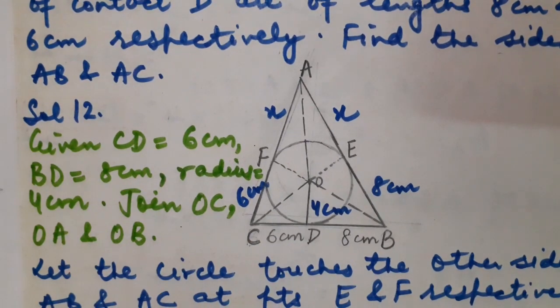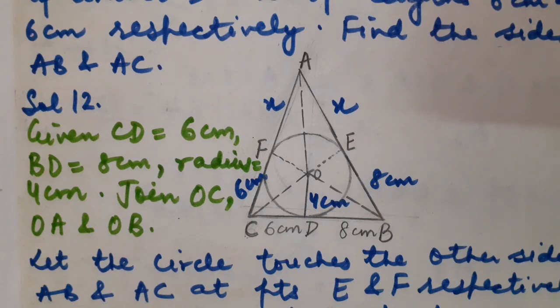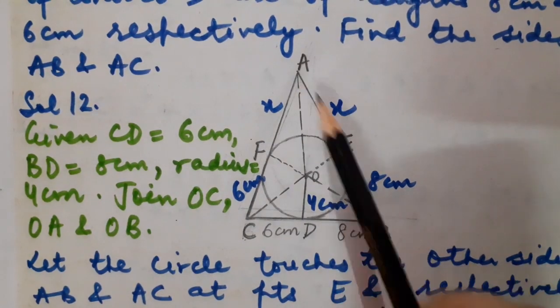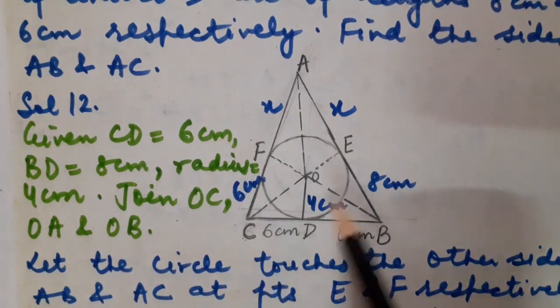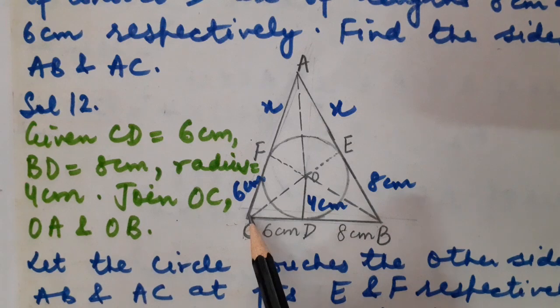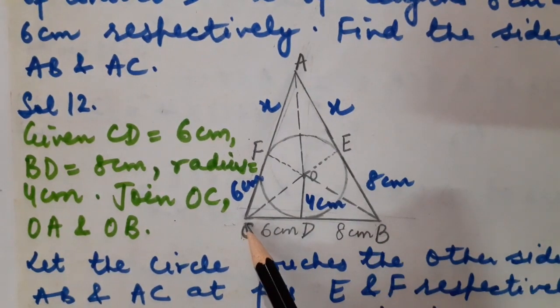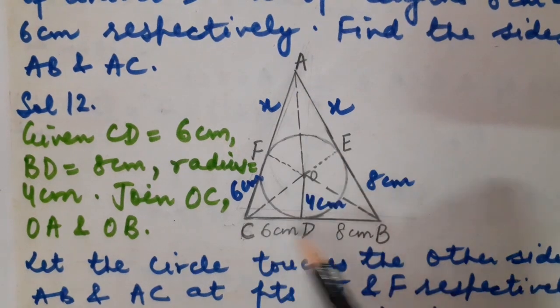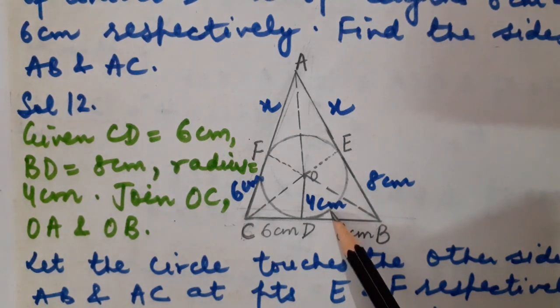So children, the diagram is given in the question itself. So I am explaining you the statement using the diagram. Please have a look. First of all, we will be having a triangle given ABC. The names are given like this only. This is given actually CB as the baseline. So ABC is a triangle. The triangle is covering or circumscribing a circle. It means the circle is made inside. Okay. Then what else is said?